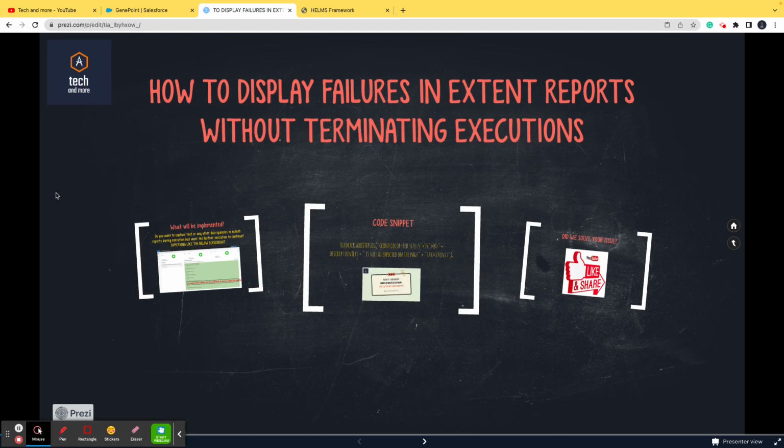Before starting, let me tell you that this particular video and this particular code pertains to Selenium WebDriver, which is used for automation testing. And this particular framework that you'll see in the upcoming minutes is based on the BDD or the Cucumber framework. So the problem or the scenario that we are going to address today